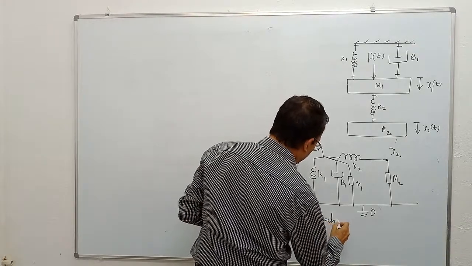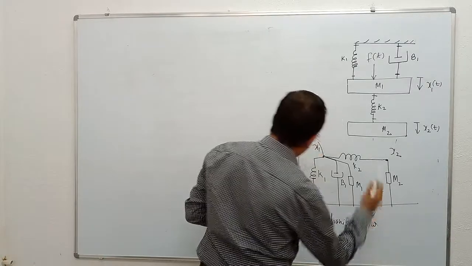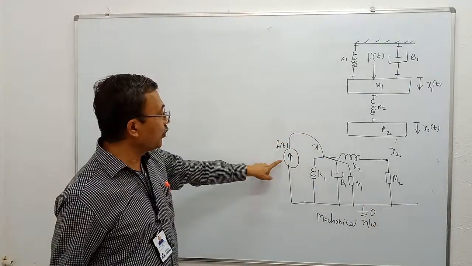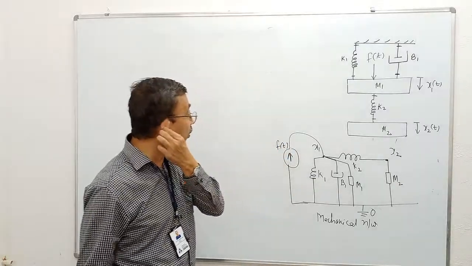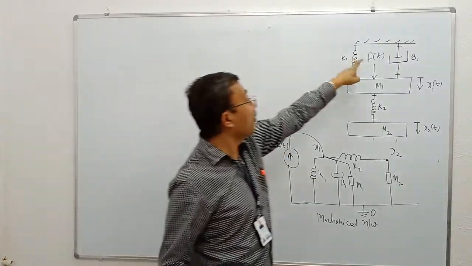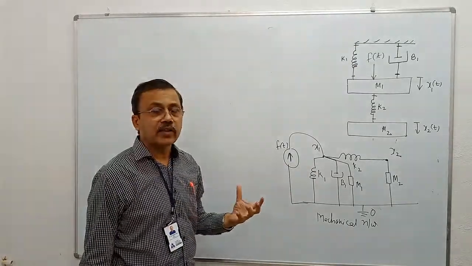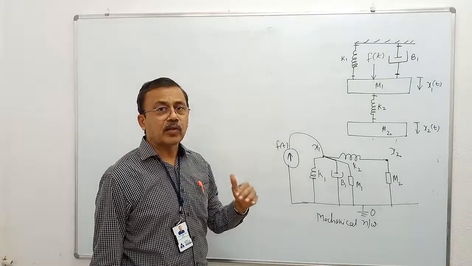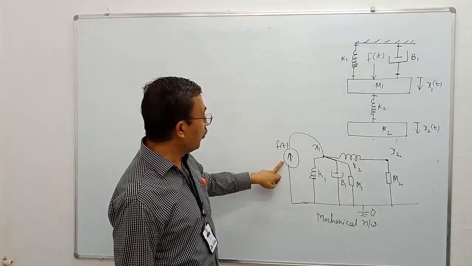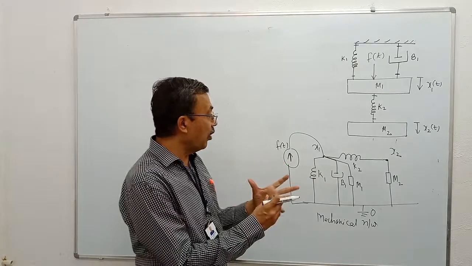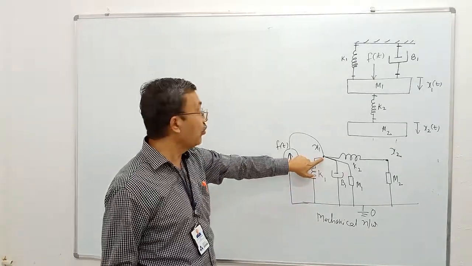Once you write this figure correctly, the solution is very mechanical in nature. The direction of force f of t is always into the respective independent node, irrespective of the direction given here. So just like Kirchhoff's current law, here we will apply Newton's law. Then f of t is applied force. Applied force is equal to sum of reactive forces. Each reactive force is assumed to leave node x1.